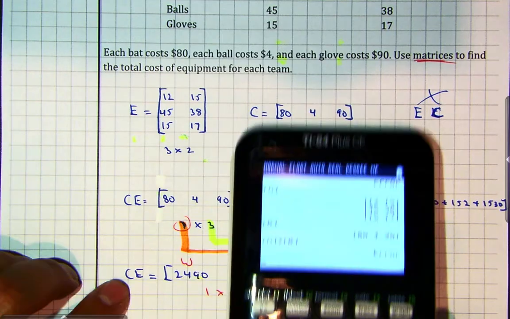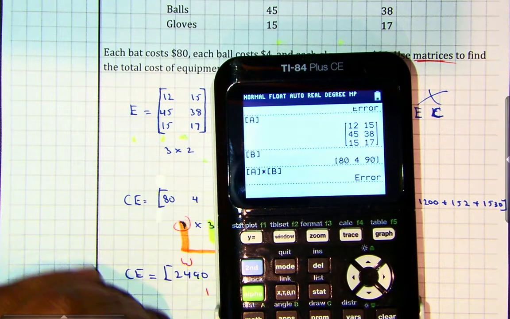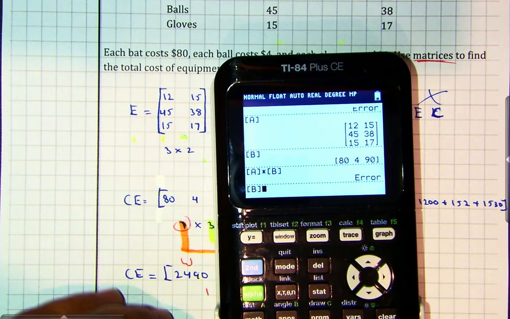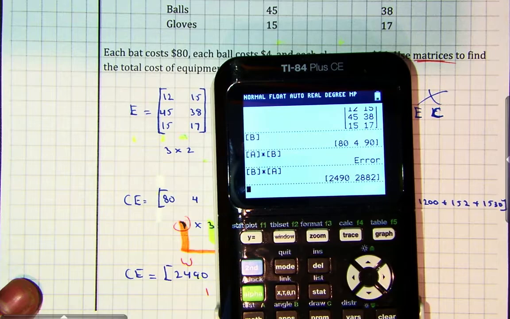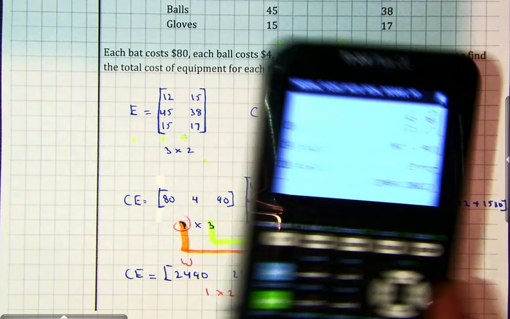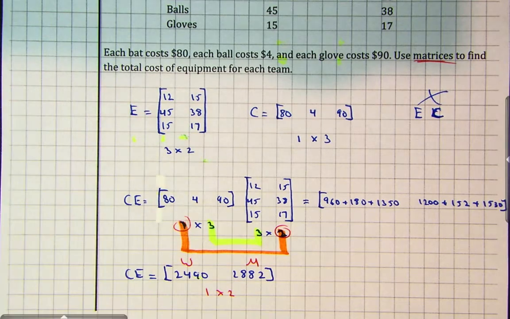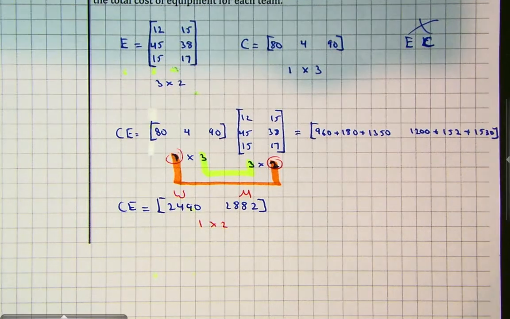We don't want to do EC, we want to do CE. So it'll be matrix B by matrix A. There you go. And that should give us the same number. So you can see how powerful this can be. Especially in computer science, you can program it to be able to multiply it for you in business applications. So let's go and just write down the costs